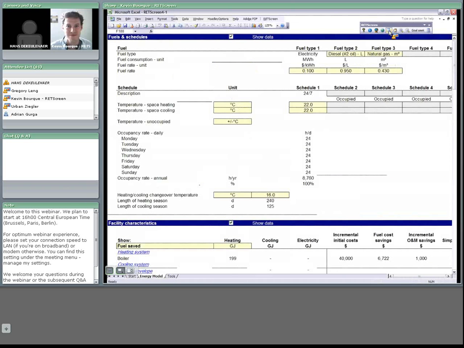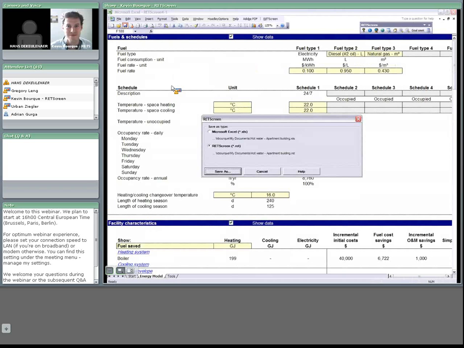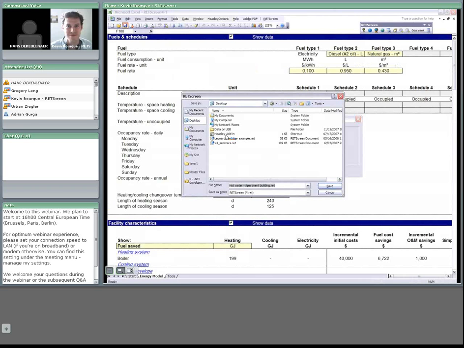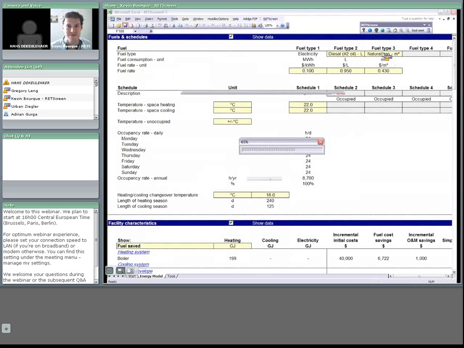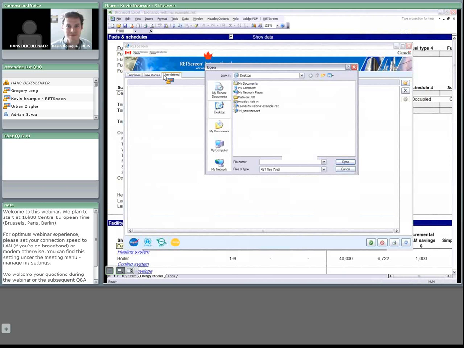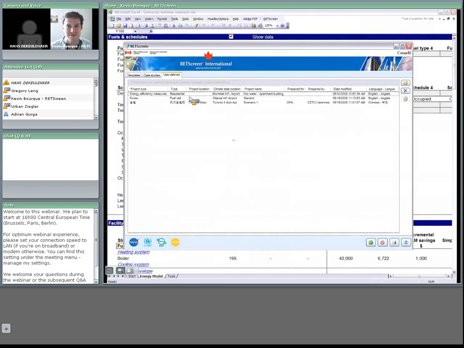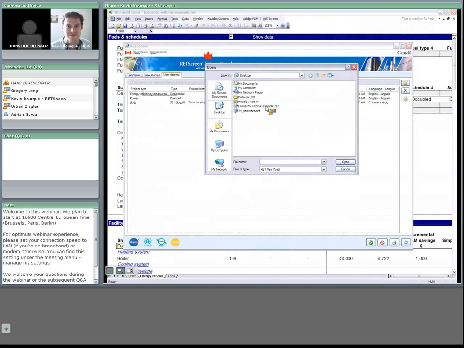First, I'm going to save this to a RETScreen document. 2 weeks ago, we saved our RETScreen projects in a file I called Leonardo Webinar Example. So I'm going to save this project there. I'm going to show you something a little more complex. I'm going to click on User Defined, and you'll see I can open up our examples from last week. So 2 of these are things that we did 2 weeks ago, and this is the one we just did today. But I'm actually interested in